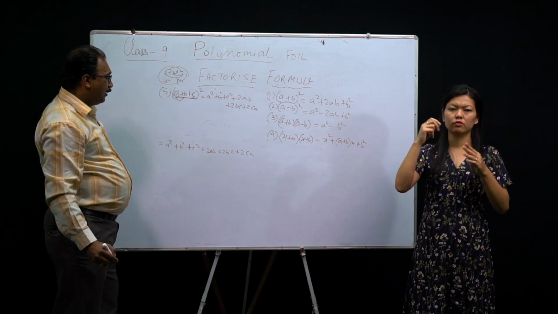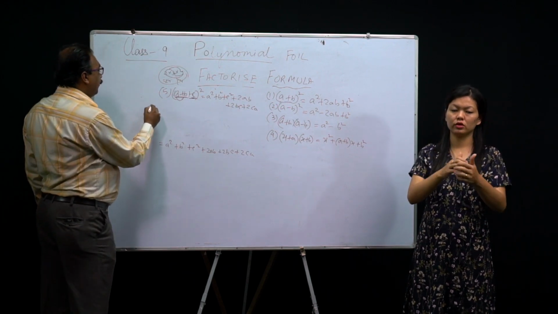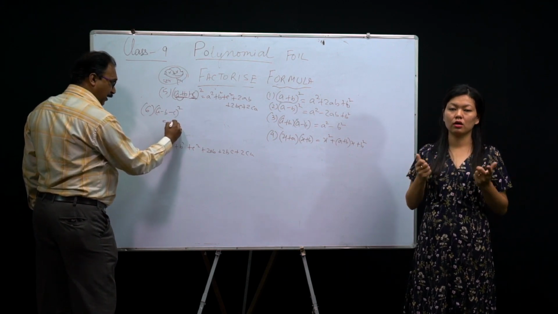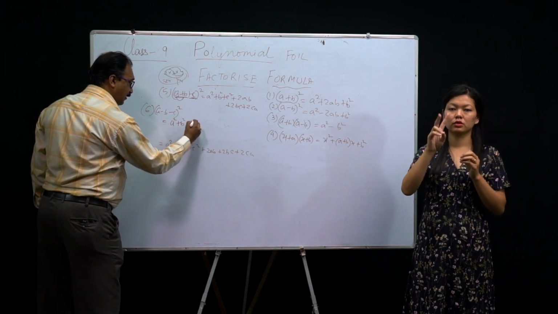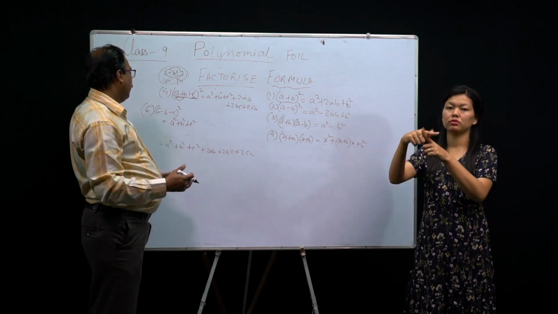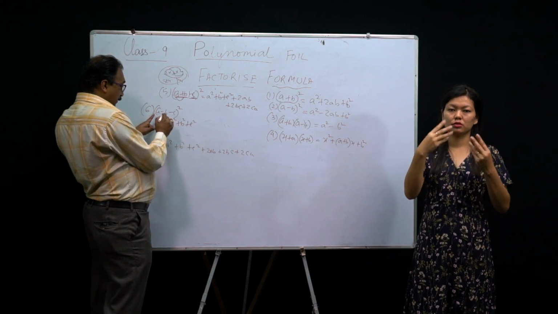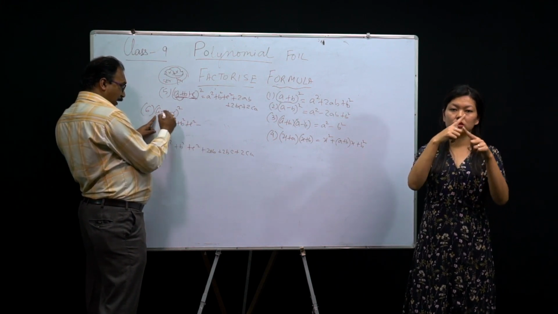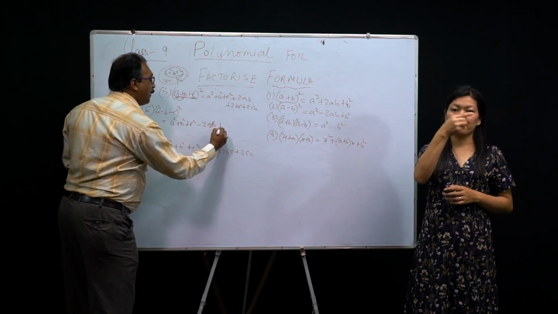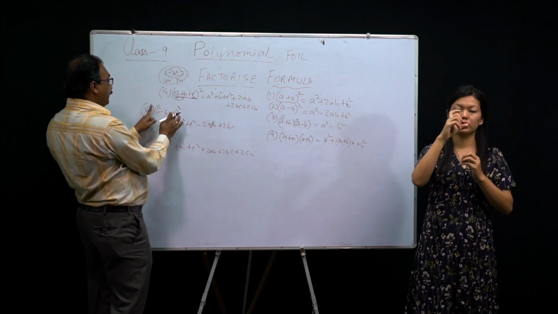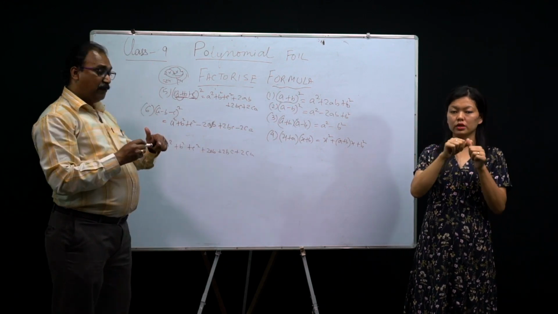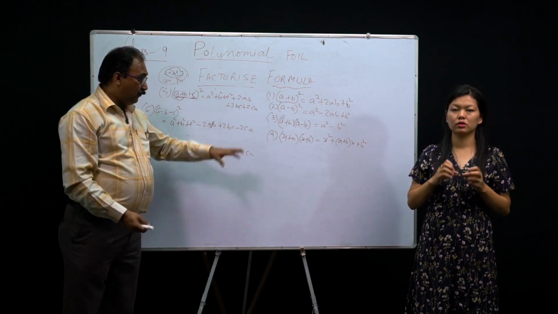Look at that. Same formula. So if I write another one, (a minus b minus c) whole square, how to write? First the squares: a square plus b square plus c square. You might be thinking, where did minus go? Minus times minus automatically becomes plus. That's why we cannot keep that minus. Clear? So a square, b square, c square. Now multiply the products. Plus into minus, minus 2ab. Then minus into minus, plus 2bc, because we are multiplying these two. And third into first, minus plus minus 2ca. That way you can remember the formula without any hesitation. Understand? First you go through the square formula.